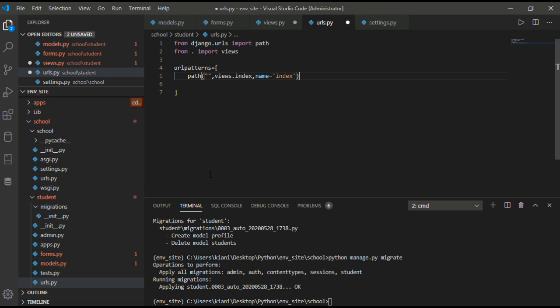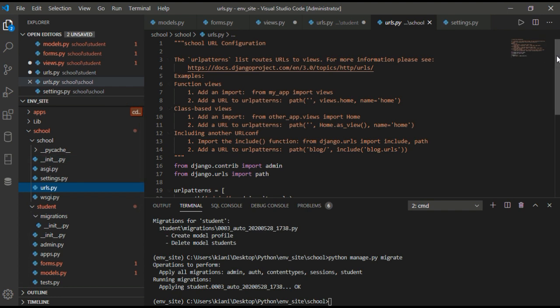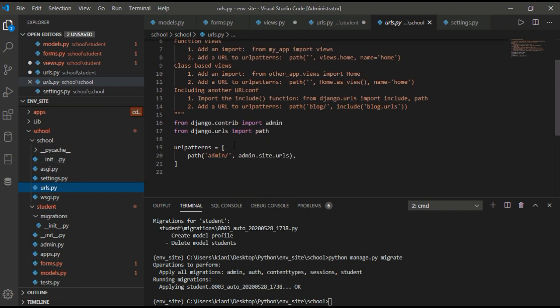So we import path from django.urls import path, and from . import views.